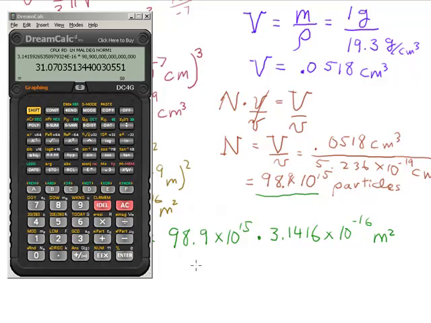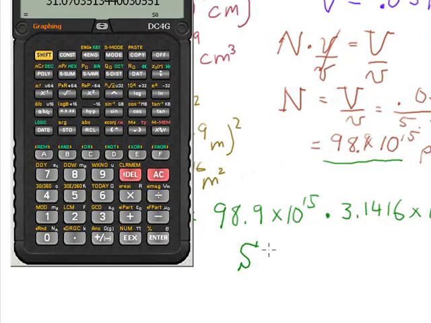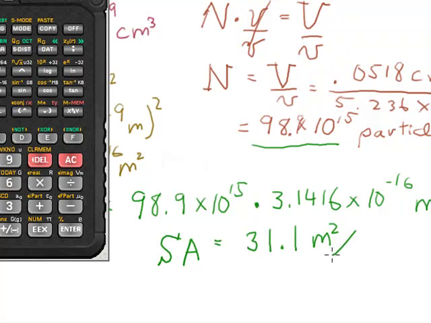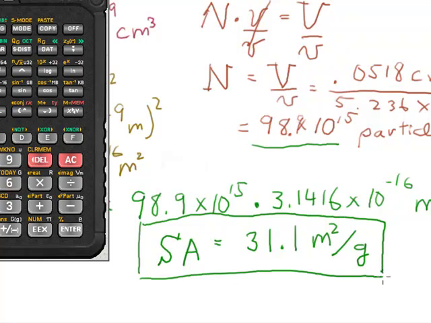The total surface area then is equal to 31.1 meters squared, and remember that was for 1 gram of the material. So if you have 5 nanometer radius, or 10 nanometer in diameter gold nanoparticles, and you have a whole gram of them, they would be able to have a surface area of 31 square